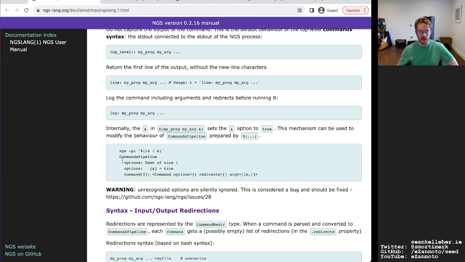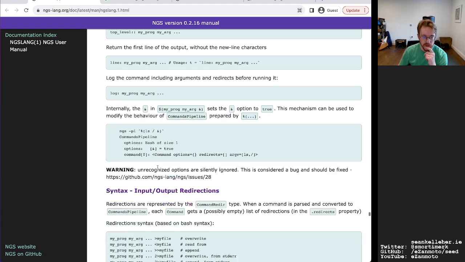Internally the ampersand sets the ampersand option to true, and that's just the output, and it outputs the type of the command pipeline that gets generated there as well.